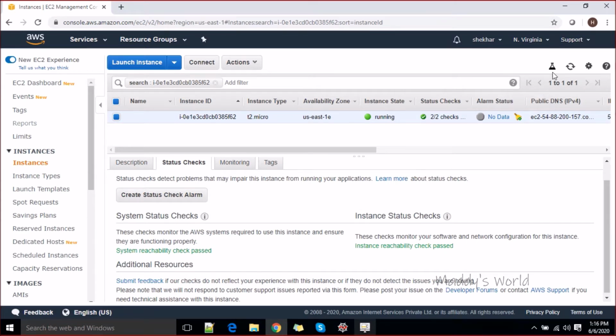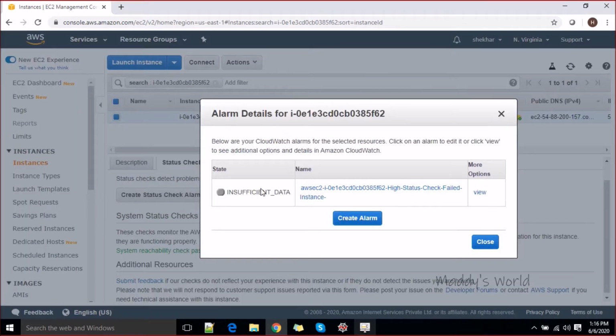If you see here another check, you can see the alarm status, no data at this moment, right? If you go here, you can see insufficient data at this moment for this instance. If you want to view more, click here, and you'll be able to see more about this.